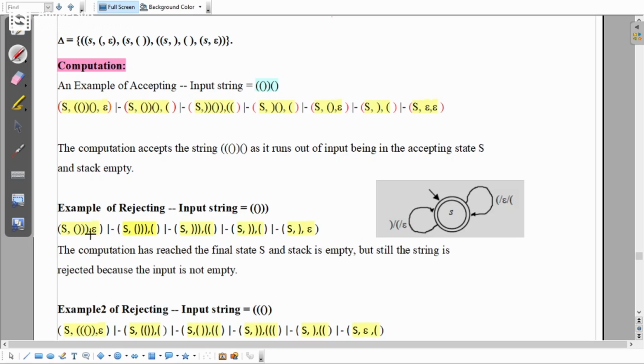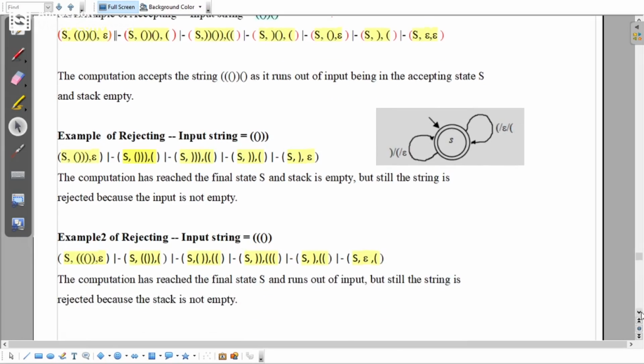Next we'll see another input. Example of a rejecting input string. So I will consider this example. Looking at this, one thing is clear: the number of opening brackets and the number of closing parentheses is unequal. So clearly,